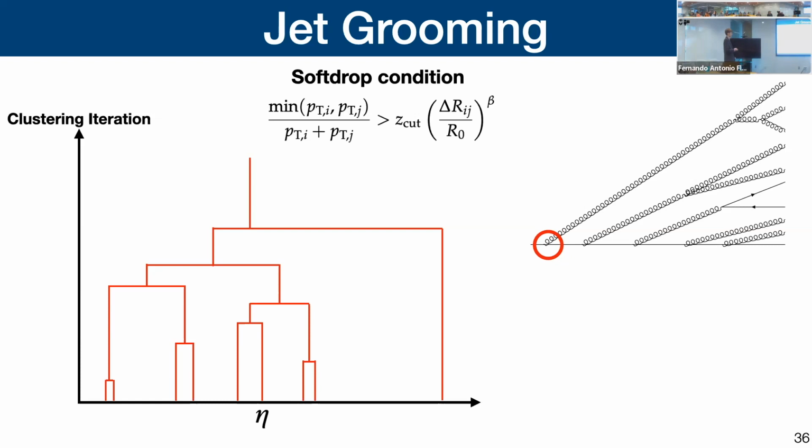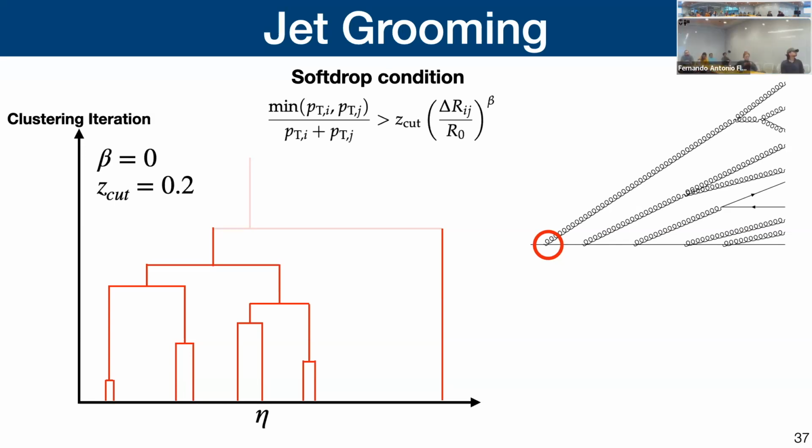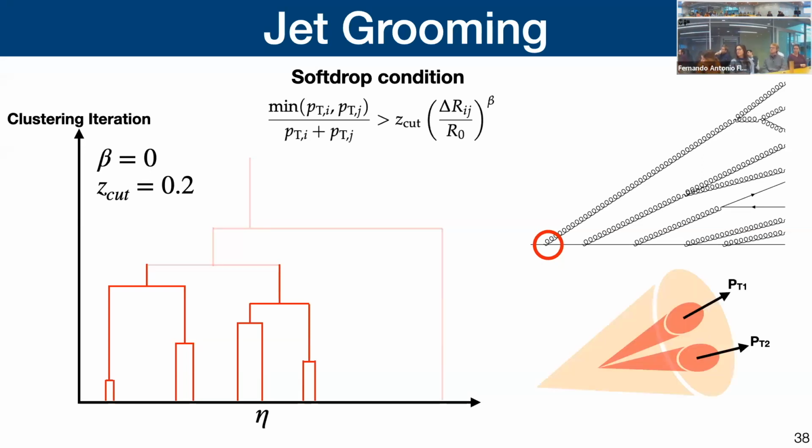In order to do this, we use a backwards method. We check if they meet some condition known as a stop-drop condition, which depends on their angle and their momentum. If you fail that condition, which in this case it would, you drop the lowest momentum branch, which would be this one, and you go to the next one. So we drop this branch and we look over here, and then we have this tree and this tree. This actually passes, so then you just stop the procedure.